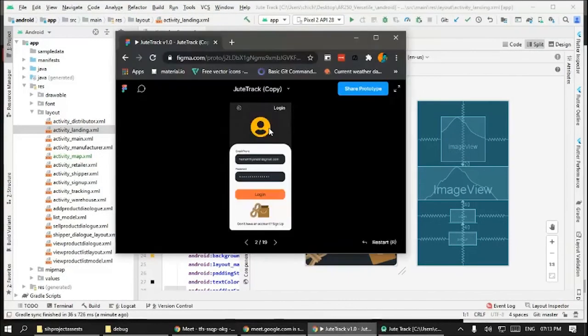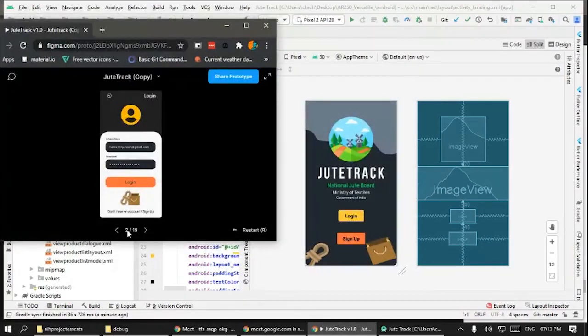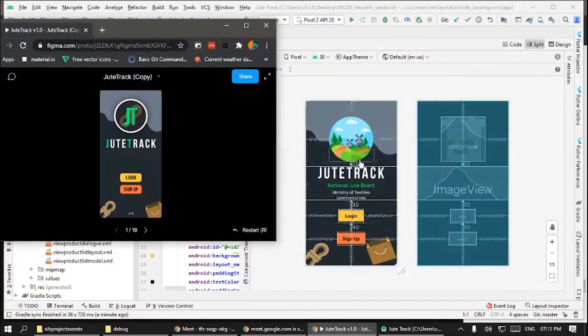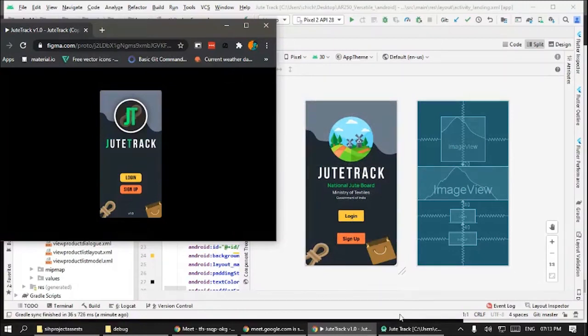Yeah. This was a design given by Hemant, and this is how I replicated it. It is not exactly the same, because you can see that the spacing between buttons is different, the buttons are not round cornered, and the logo is different because he gave me this logo at the last time, and I had no time to replace the logo. But I think I got the job done, right?